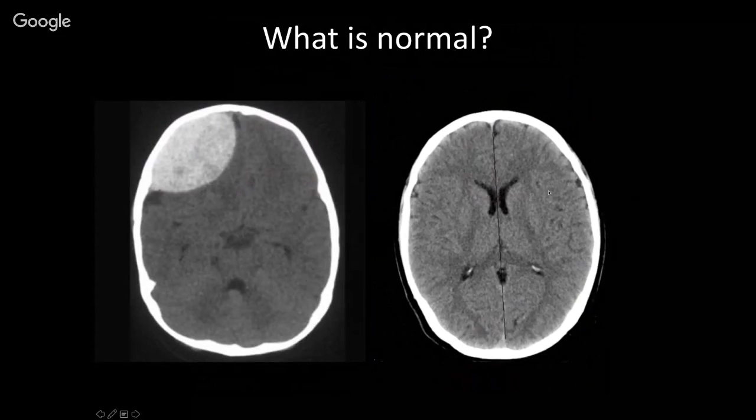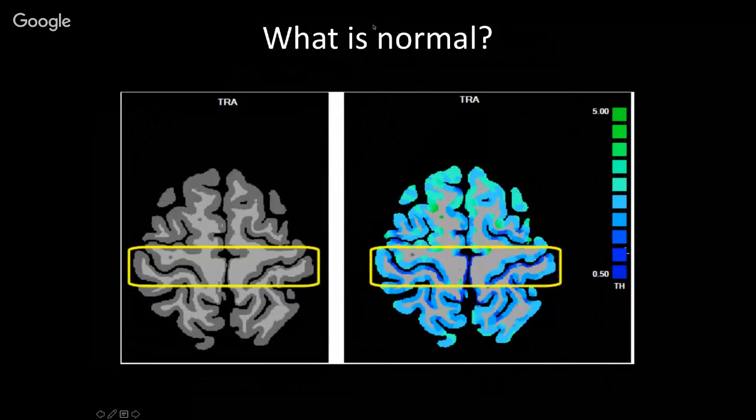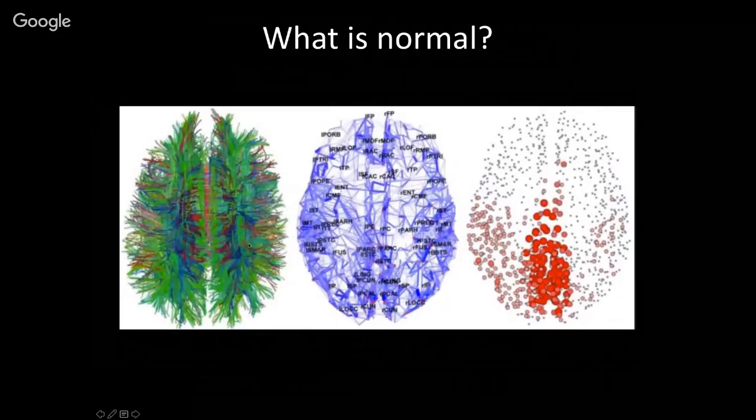So in terms of understanding normal, images like this are fairly straightforward. And so this is fairly black and white. When we start moving into cortical measures, or into more microanatomical measures or functional connectivity measures, again, the normative information at a quantitative level becomes extremely important.